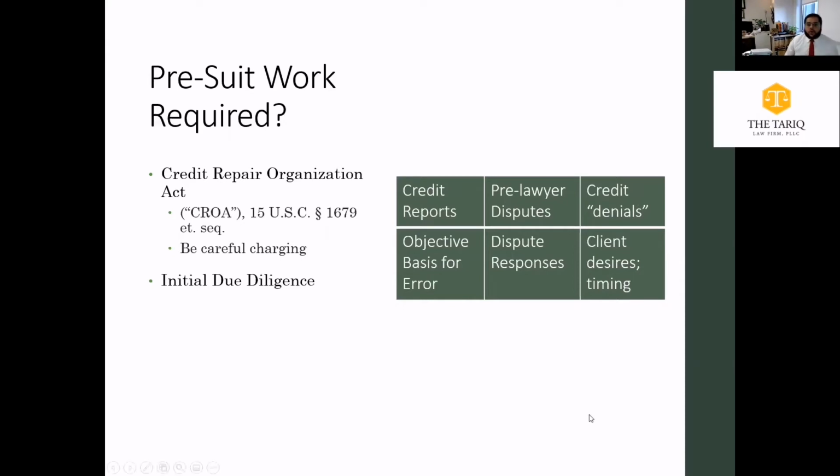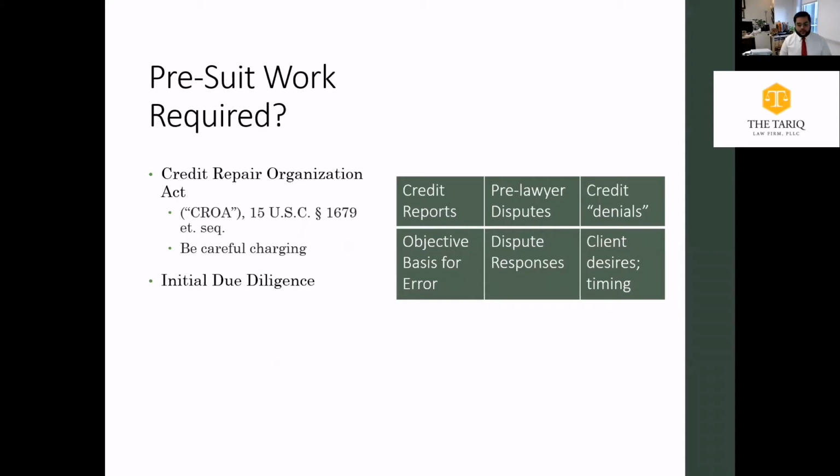And then we also talk to people. We also talk to the consumer, the client, to understand what their desires are. Some people care that they have a debt, and they want to make sure that they are able to try to get the debt removed. Some people care about the credit. Obviously, most people care about the credit reporting and making sure that it's corrected. Some people want to make sure that they are able to punish the defendants or to assure that this doesn't